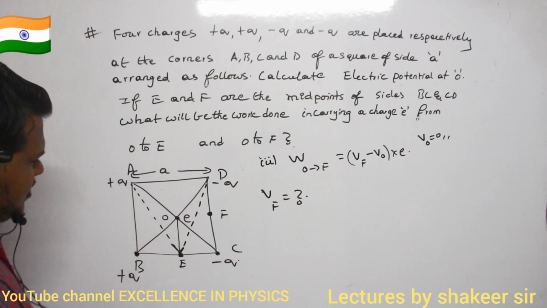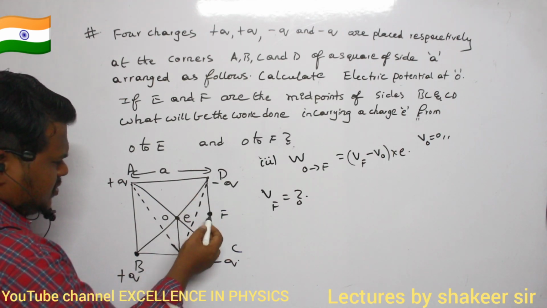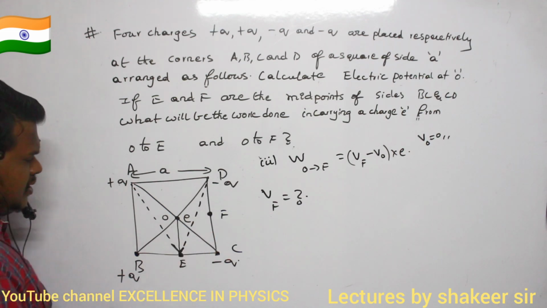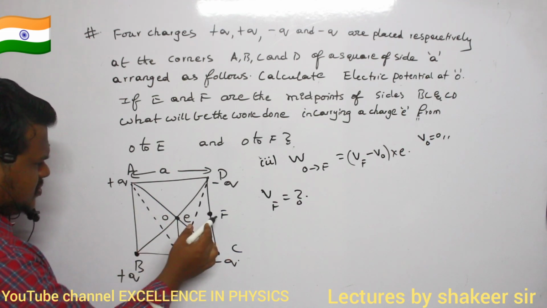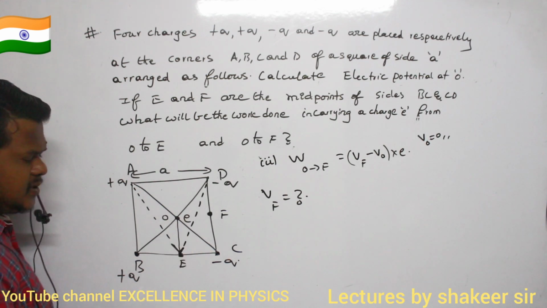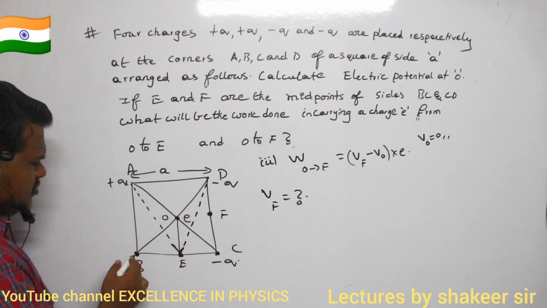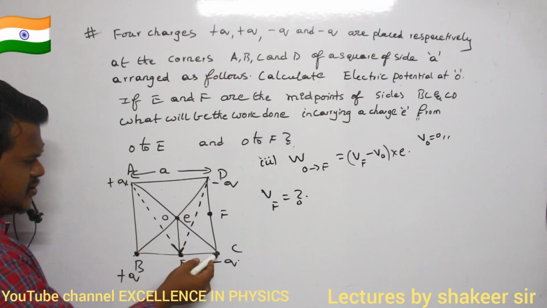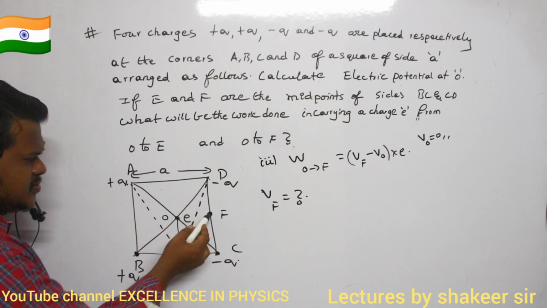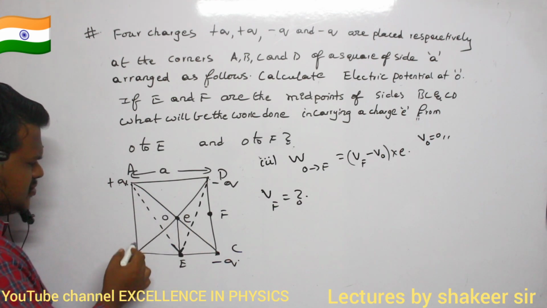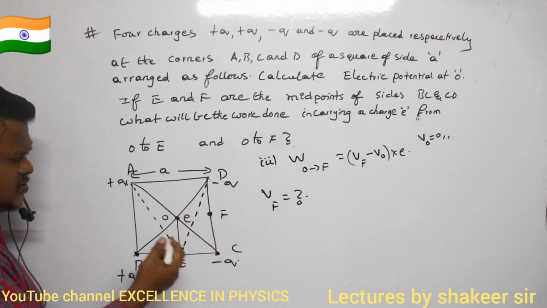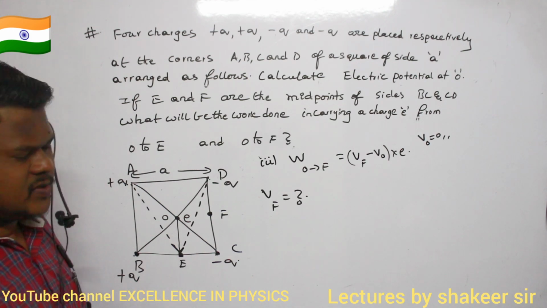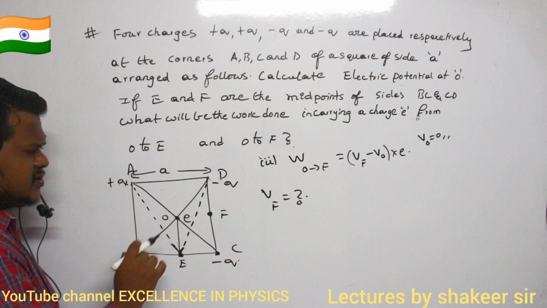Definitely, see, potential due to minus Q and minus Q, these two will not get cancelled, but the potentials of these two will add up here. And potential due to plus Q and plus Q also will get added up here. Clear? And potential due to these two is less than potential due to these two in terms of magnitude, because these two negative charges are present at a small distance from this point F, and this plus Q and plus Q are present at a longer distance. So as the distance increases, magnitude of potential definitely decreases. Okay? So definitely at point F, potential is not equal to 0.